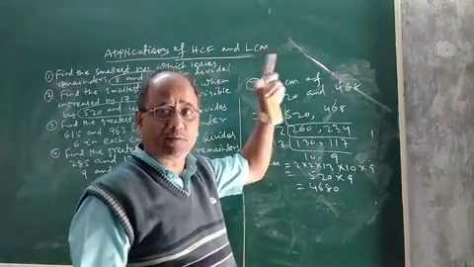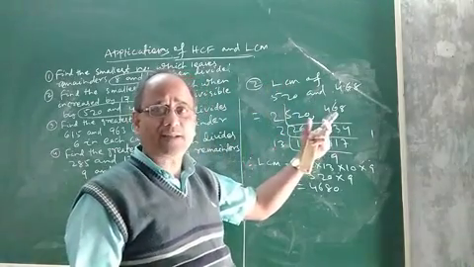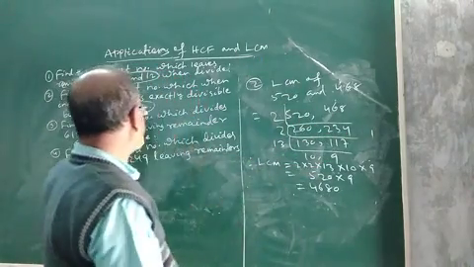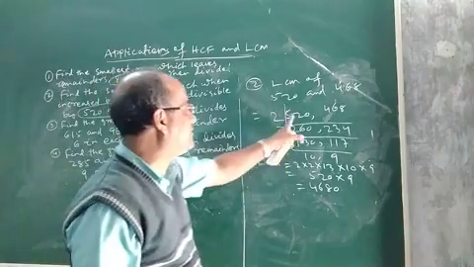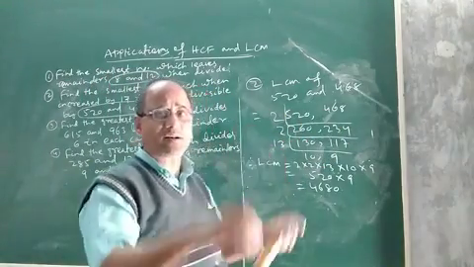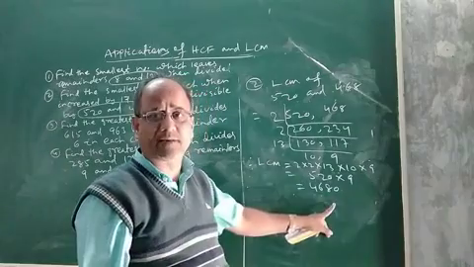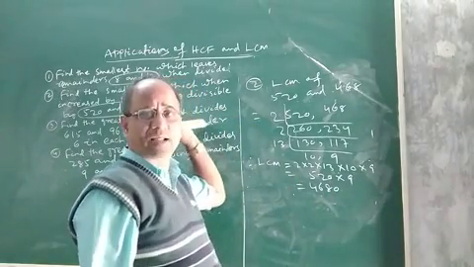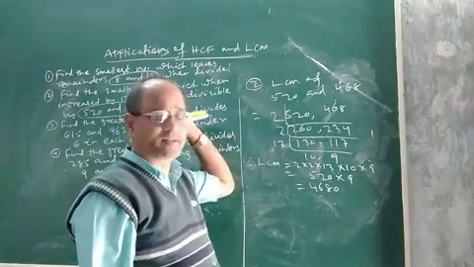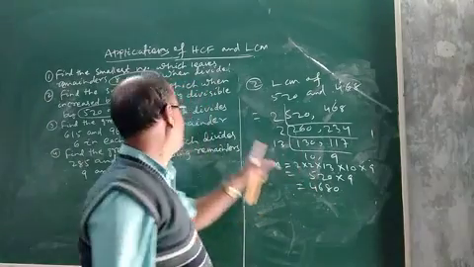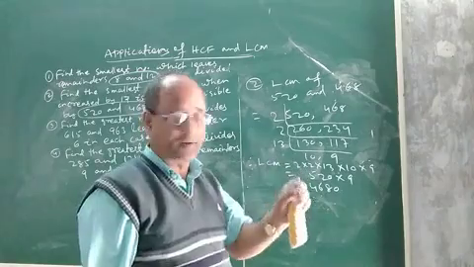Now the question is we have to find that smallest number which when increased by 17 becomes divisible by these two numbers. So as the number increases by 17, that 17 must be subtracted from the LCM. If you subtract 17 from this number, you will get the required smallest number.